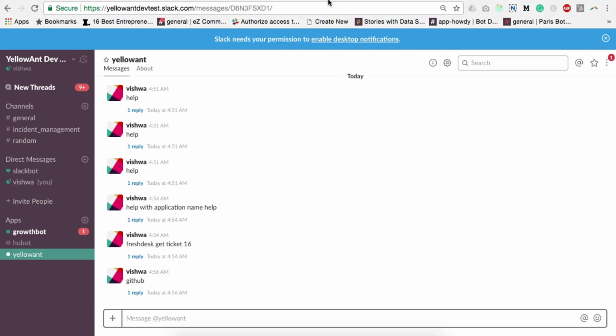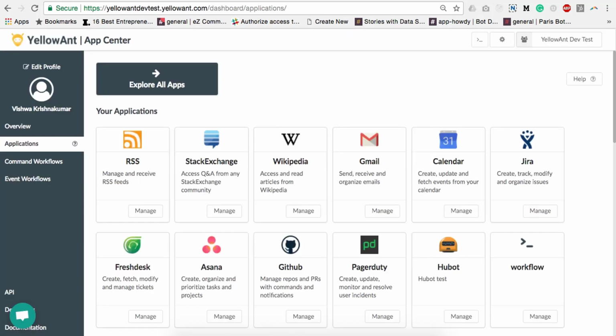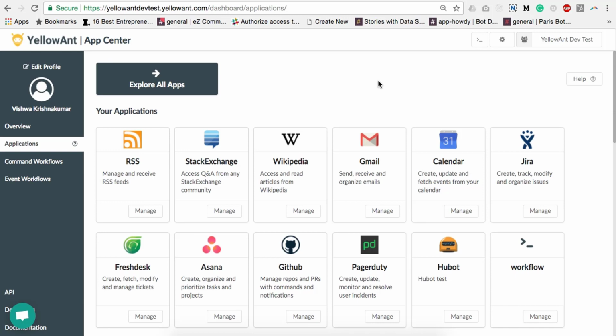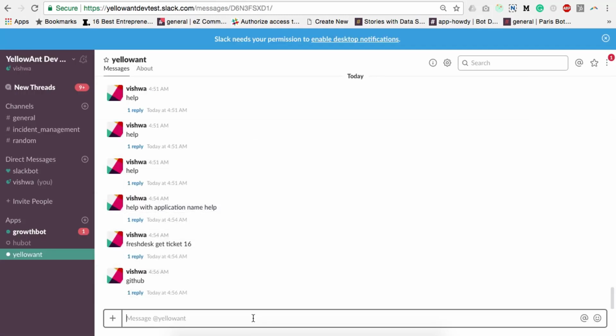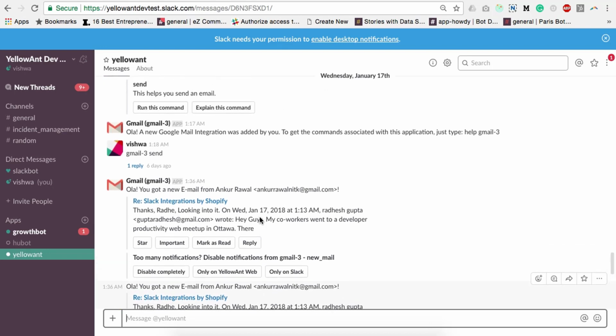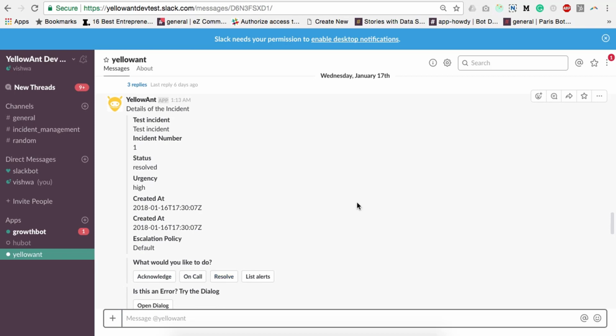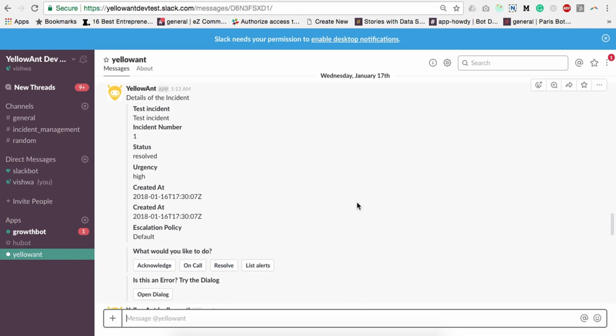YellowAnt is a workplace assistant chatbot that we built for Slack, Microsoft Teams, Cisco Spark, Facebook Workplace. And what YellowAnt basically does is it connects with every application that you use in the workplace, like your email, your calendar, your cloud storage, code repositories, CI/CD, incident management, task management, anything and everything that you use in the workplace. It connects with all these applications and lets you command them from Slack, gets you real-time work updates from all these apps, lets you take quick actions on all these updates, and allows you to do a lot of